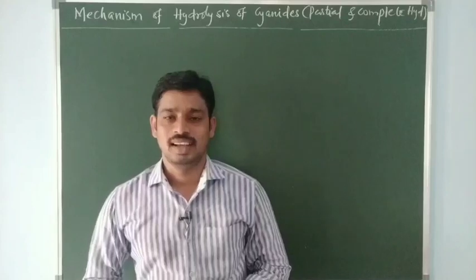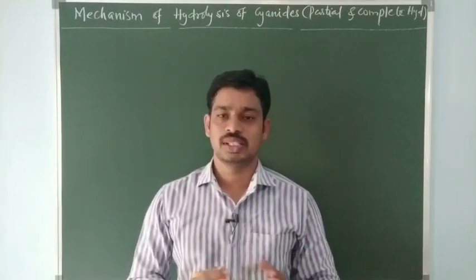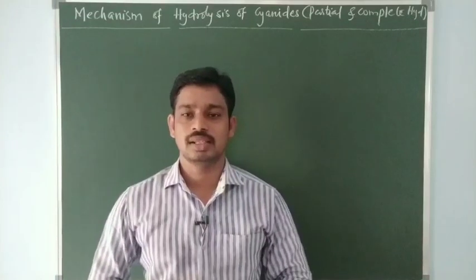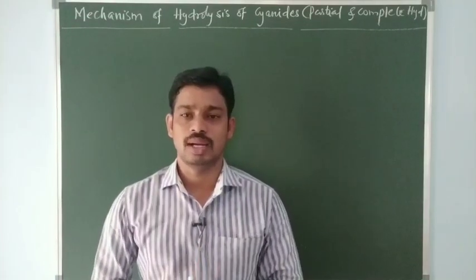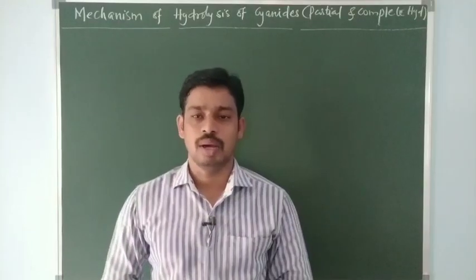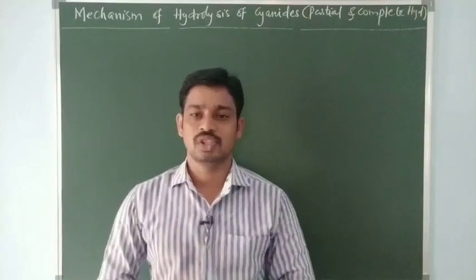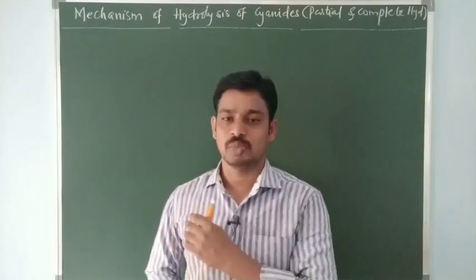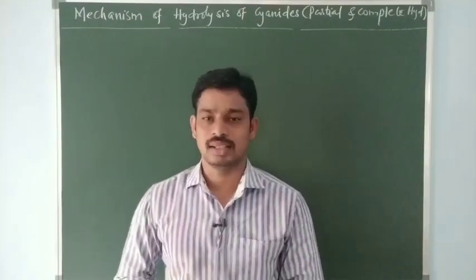Hi student, this is a continuation of the second video. In the second video, we discussed hydrolysis of cyanides to acid amides and carboxylic acids, and also how we get primary amines. Many of the students are asking, sir, can you do a video to explain the mechanism of this hydrolysis?